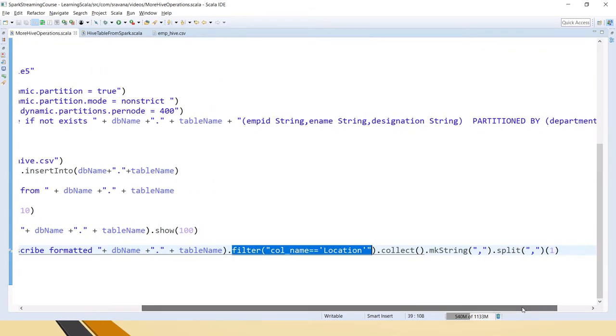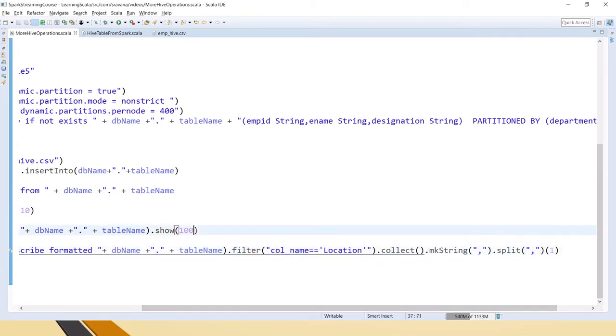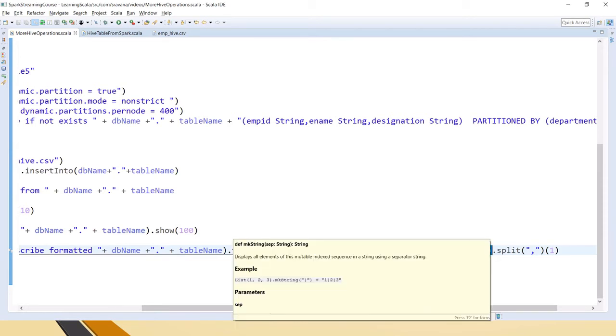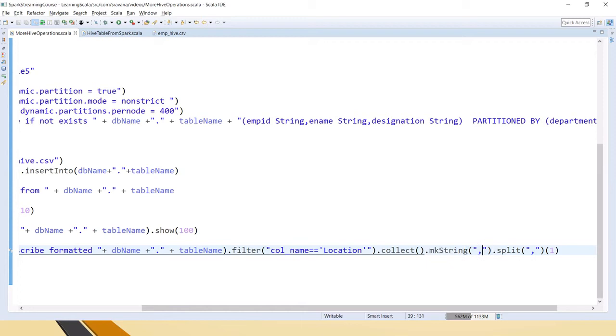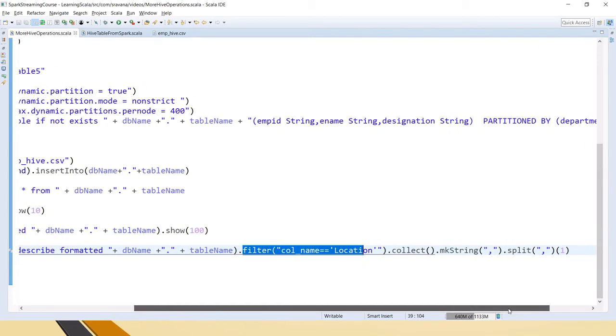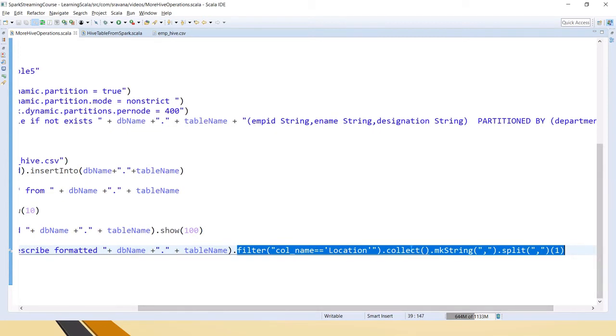And because this is in the table, we have to have that in the columns, like 3 columns. When I say in a data frame, how 3 columns are there, it will be there. That's why I am saying make string with the comma. You will clearly understand this after executing this code. I'll explain it once again, don't worry, if you have some questions about this part of the command.